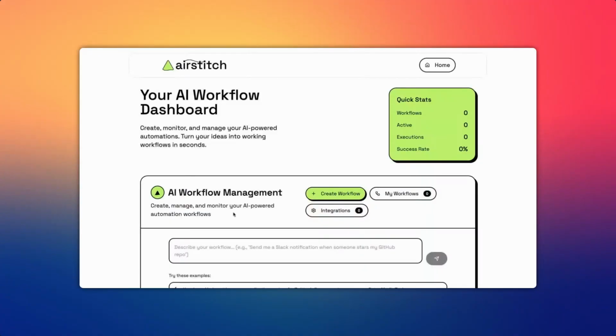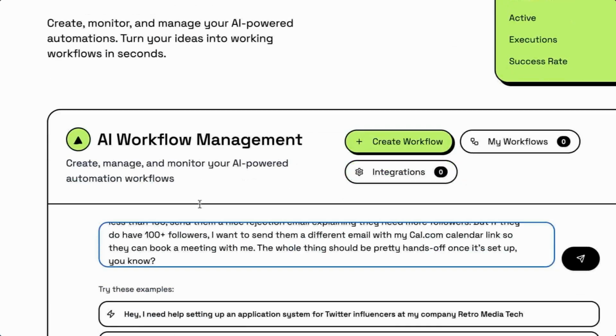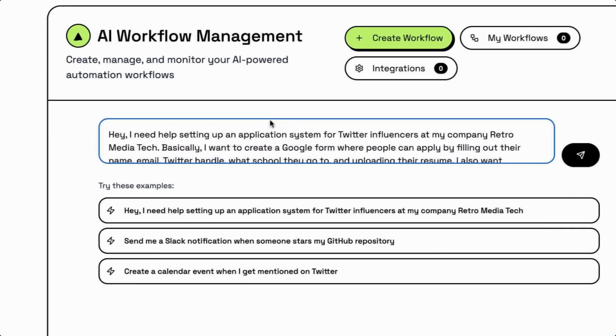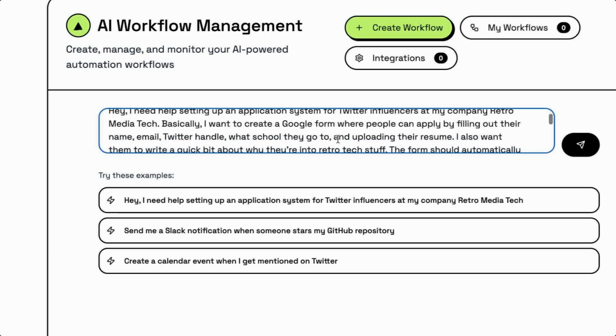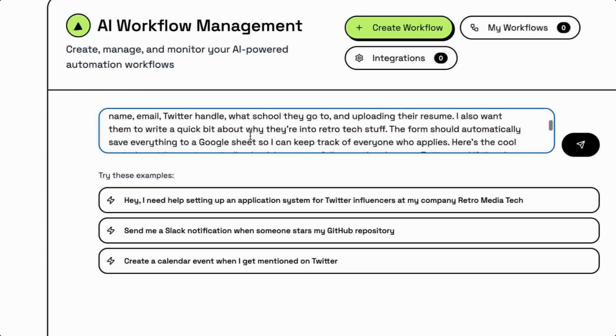Here's a demo of airstitch's workflow management dashboard. You start with a very intuitive interface. Just type in what you need in English without any templates, without any coding, no drag and drop at all. This is really useful for sales and operations teams who handle tedious tasks every day that are very prone to